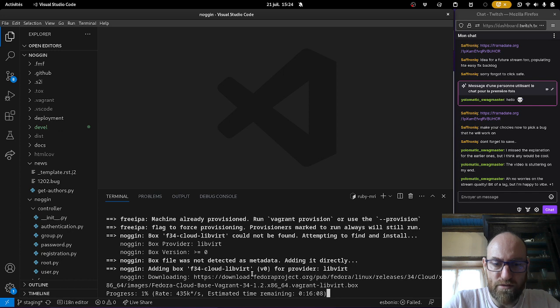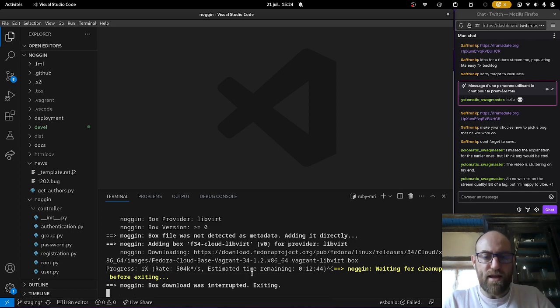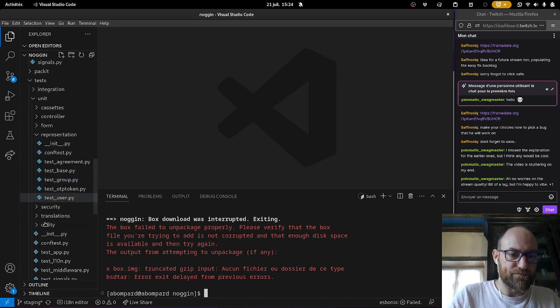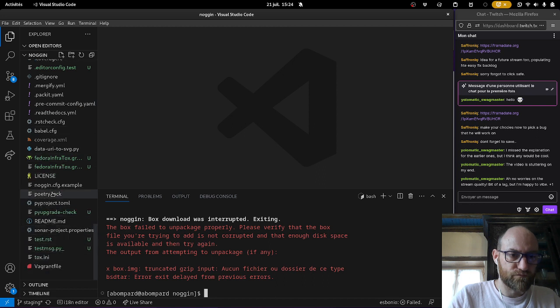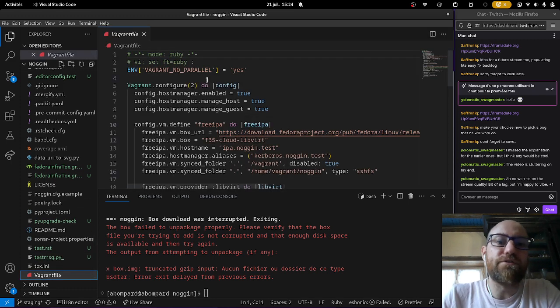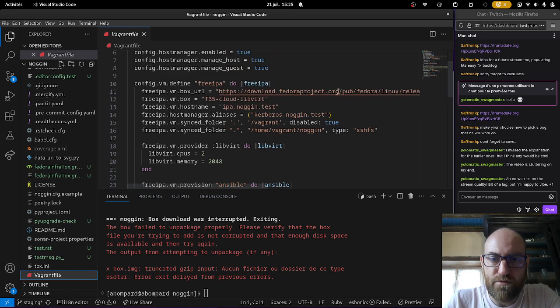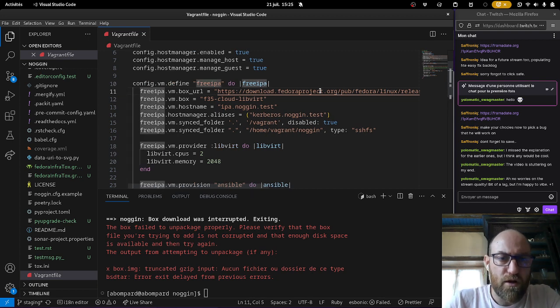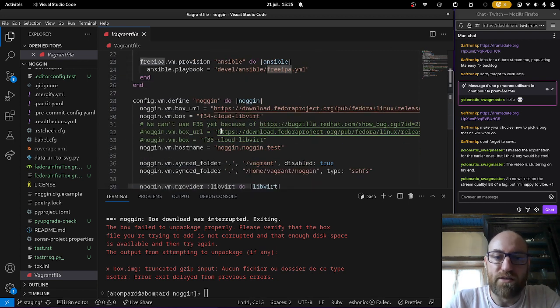So, okay, that's a problem. So right now, let me edit the vagrant file to show you what the problem is. Where's the vagrant file? It's right here. Okay, so this vagrant file has two boxes. One is FreeIPA because it likes to be on its own VM. Yeah, it's on Fedora 35. Anyway, one is on IPA and one has Noggin itself. Noggin is running on a very old VM. Why is that? Let's fix that.